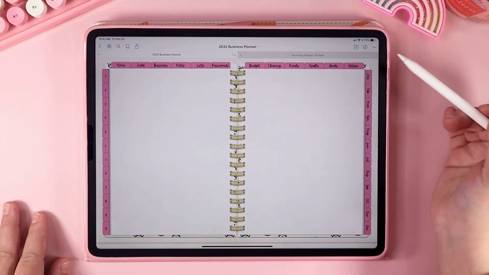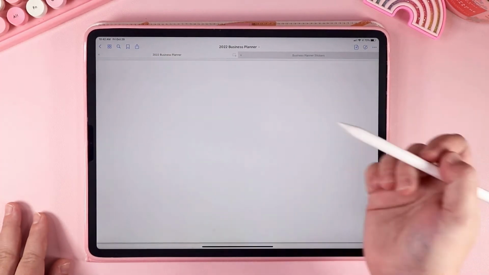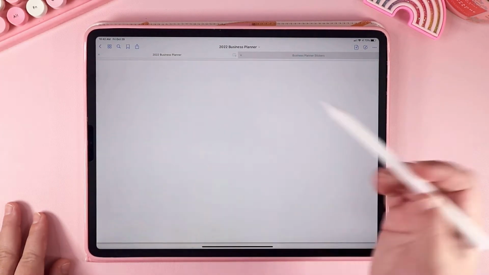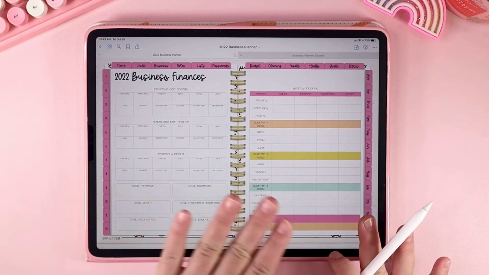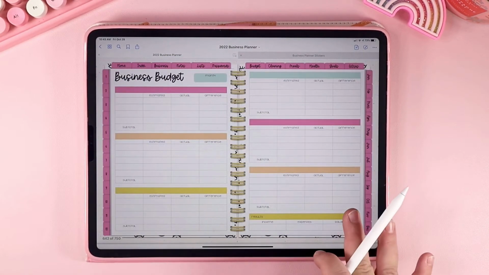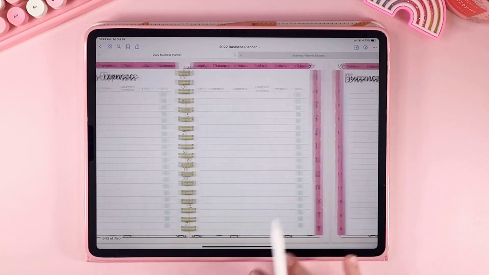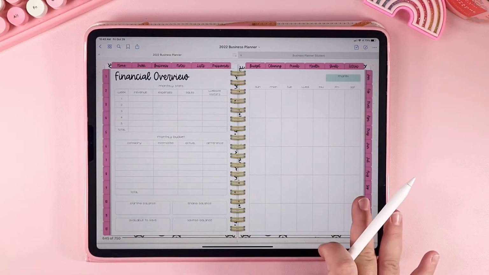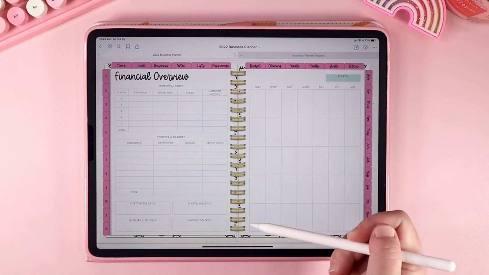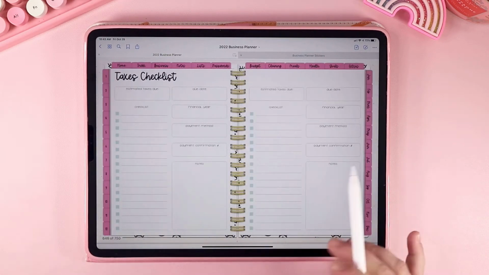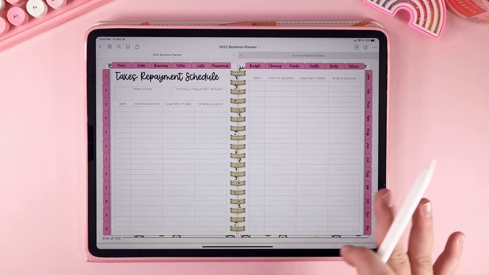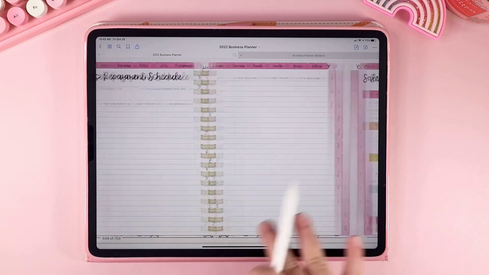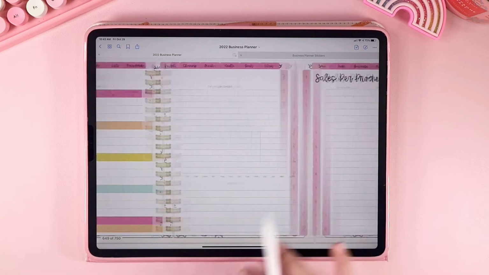So what I'm going to do now is go back to my business index, and I'm going to go to my finances, and there's so many finance pages you can choose from. This one's like an overview. We have your business budget, your expenses, bills, another different like monthly overview. That first page was a yearly overview. You have your taxes for each quarter, taxes repayment if you're paying them back a different way, your sales tracker,